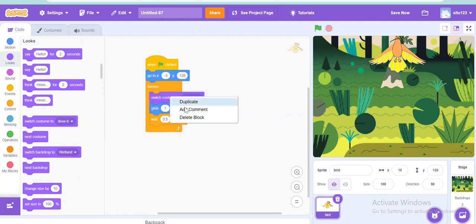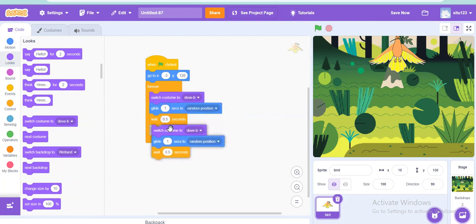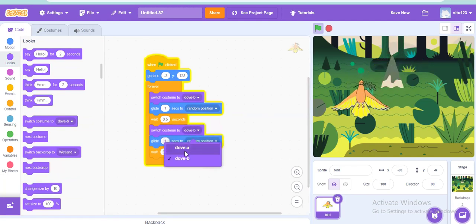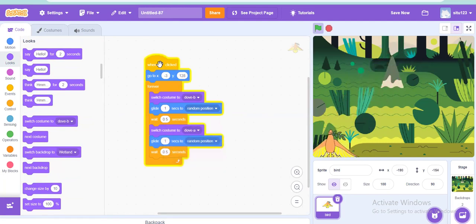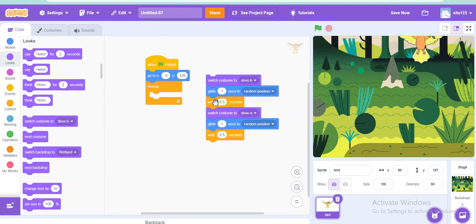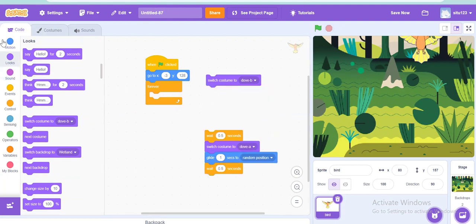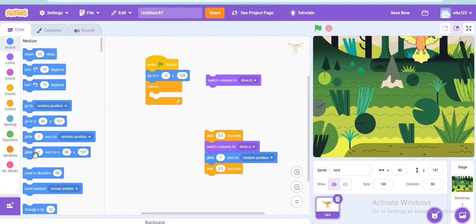and then you can just duplicate the blocks. I have the duplicated blocks, dove A and dove B. Okay, so if you don't like this gliding because it's not looking that good, what we can do, instead of gliding, go to the motion. So there are two ways. I can do the glide to random positions, 1 second or maybe 2 seconds,